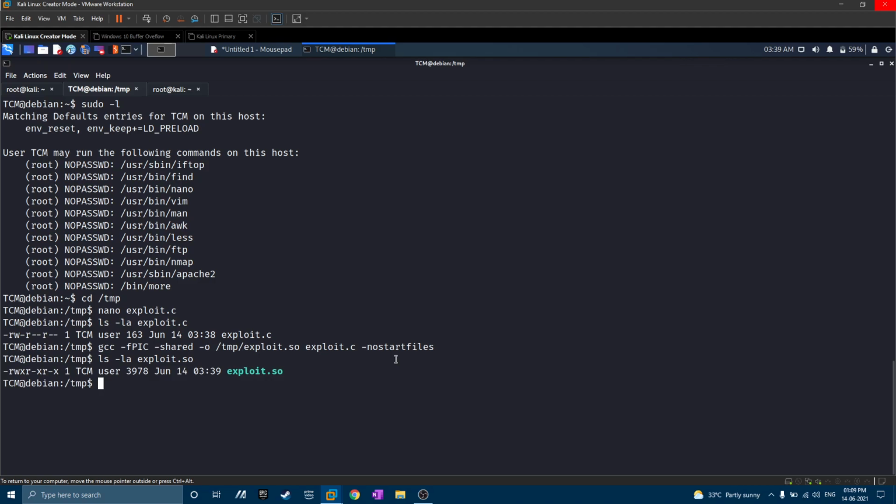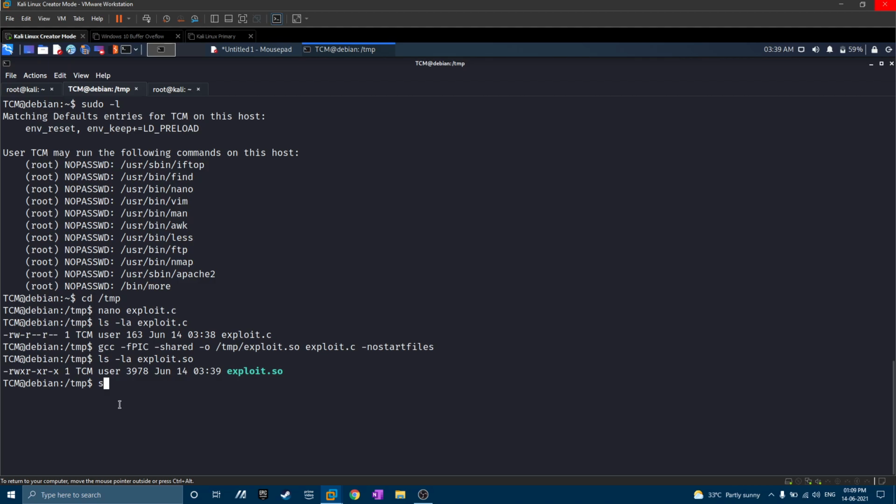Now all you need to do is pick any command from the list. So let's say I want to use the command iftop, or say I want to use man. Okay, so let's try to use the man command.